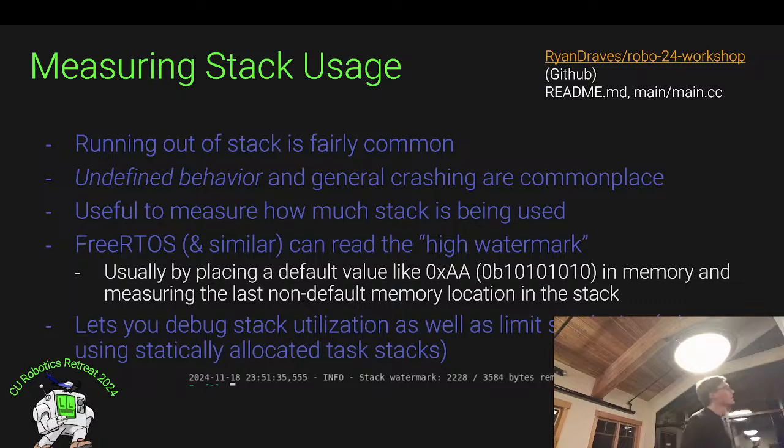And stack is anything that goes into just your local space for a function, right? You call a function, it uses stack. You initialize a variable within that function, it uses more stack. It's very easy to run out of that if you have a program that is calling a lot of functions and initializing very large variables. So it can be useful to measure how much is being used, because when you run out of it, generally your system is going to crash, right? And it's a little bit difficult to debug your system when it's busy crashing on loop.